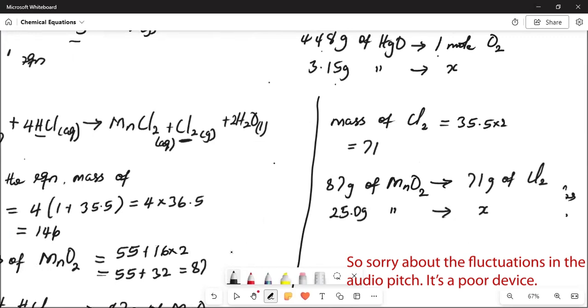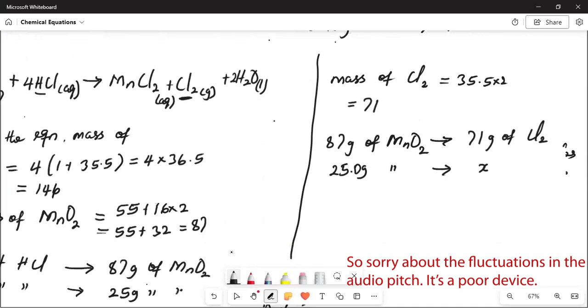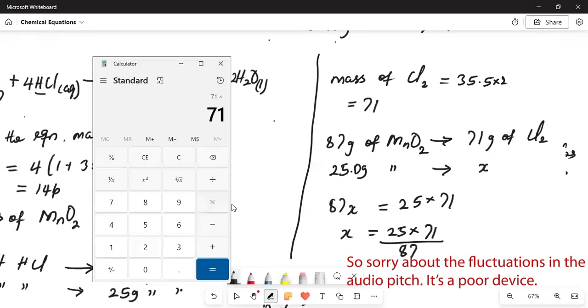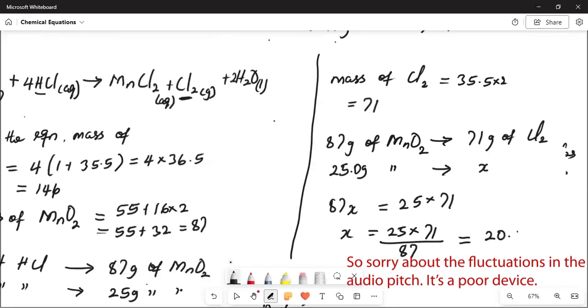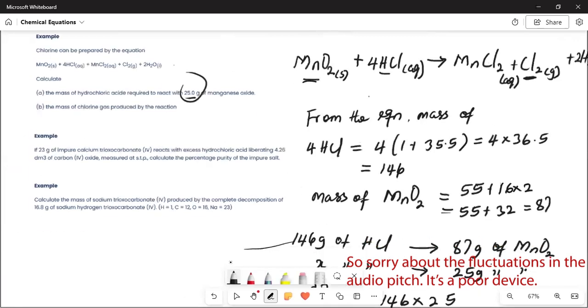So when we cross multiply this, 87 times X, 87X, equals 25 times 71. Dividing both sides by 87, 25 times 71 divided by 87 gives 20.4. So the mass of chlorine that we produce is 20.4 gram. And the next one says